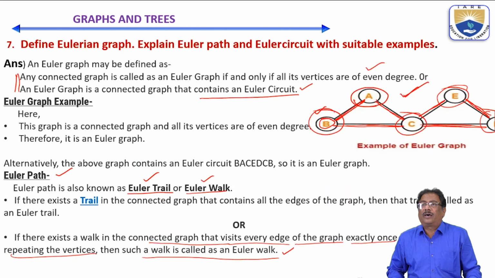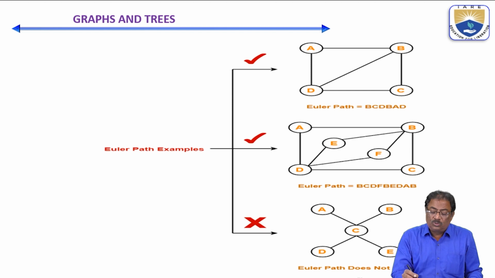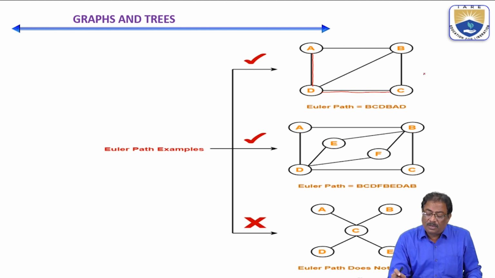So now I am going to move starting with any one vertex, and I am going to move like this. Let us go for BC,